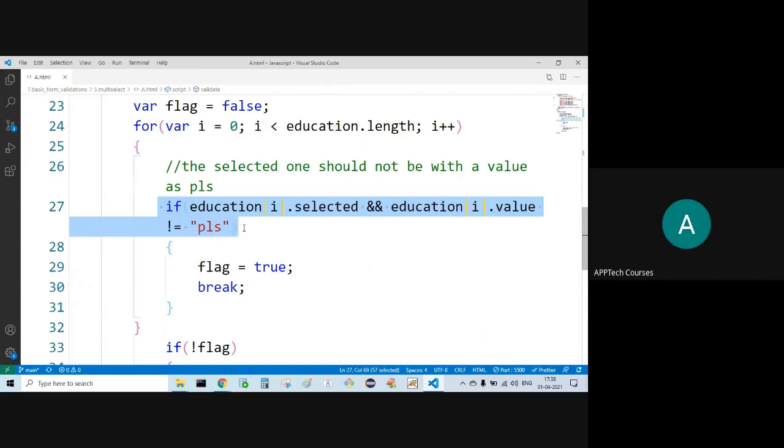If block is getting true, going inside, flag will be initialized to true. Breaking the entire loop. It won't go to the next iteration. Why? Because one got selected, right? And that is not equal to PLS. Entire loop will be breaking now.